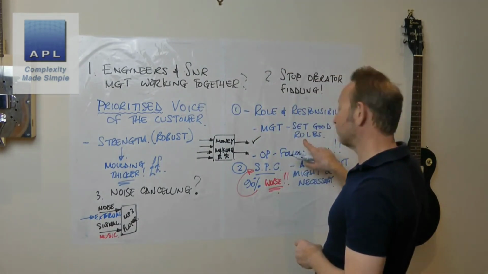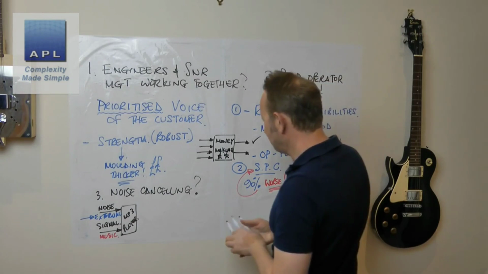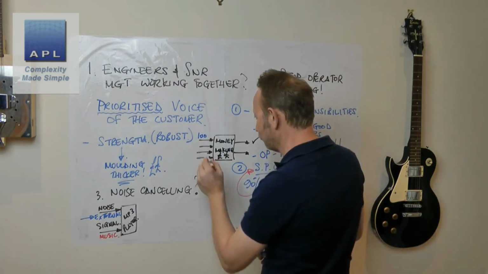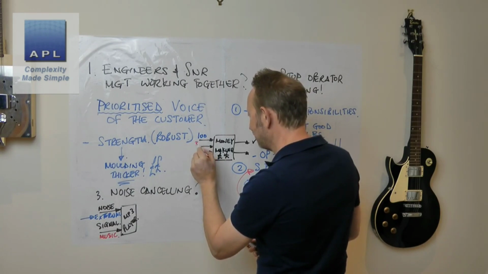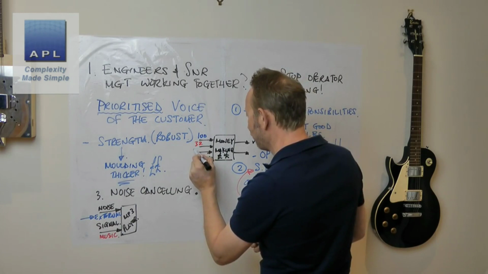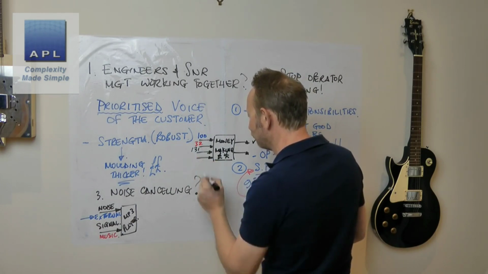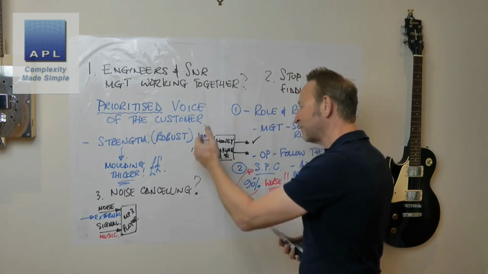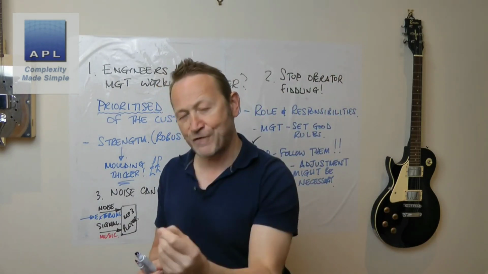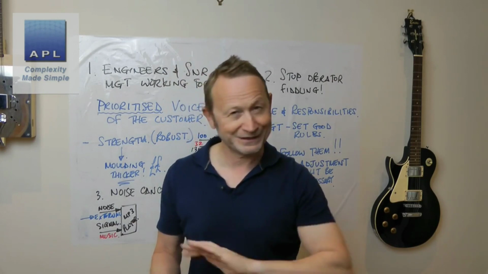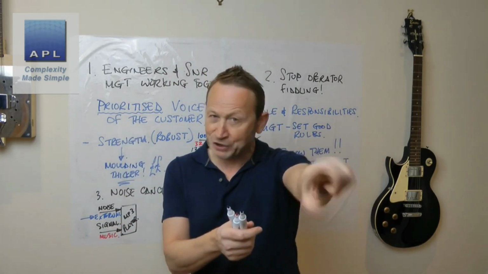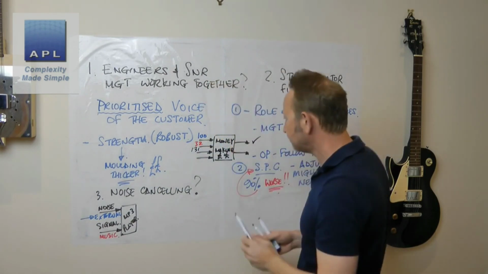So that's what the set of good rules do. If you have a temperature, you make sure that the temperature is fixed to 100. If you have a speed, you might make sure that the speed is fixed to 32. If you have a pressure, the pressure might be 131 psi. And what you do is you make sure those are fixed, never moved, never adjusted. You stop the operator putting unnecessary noise in.